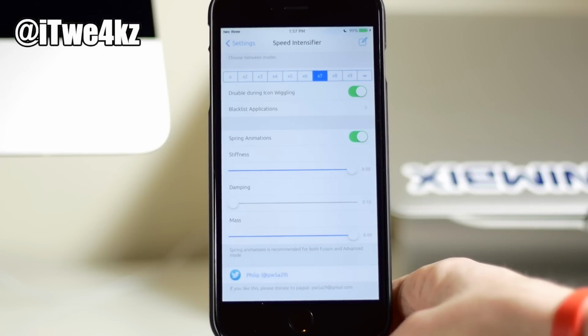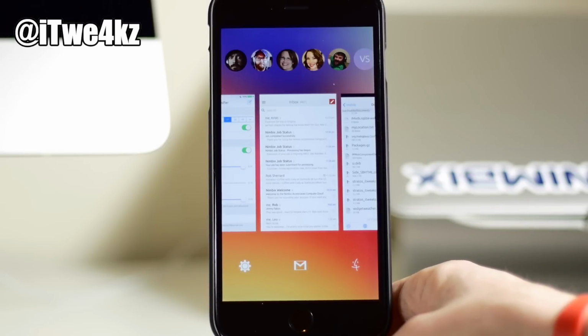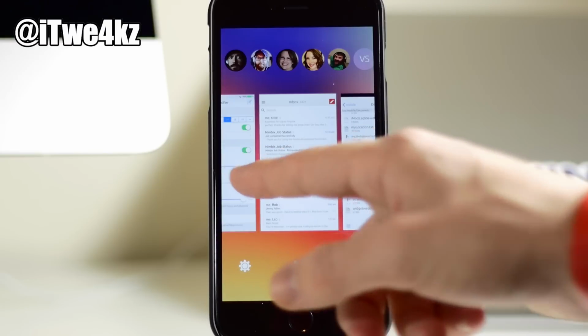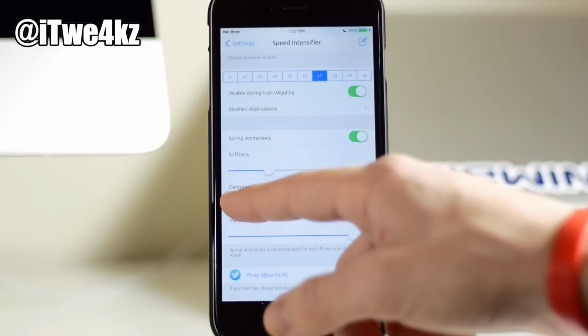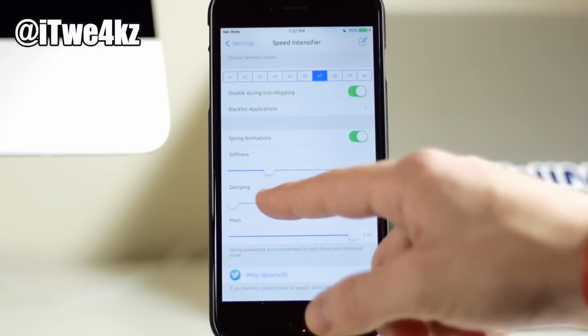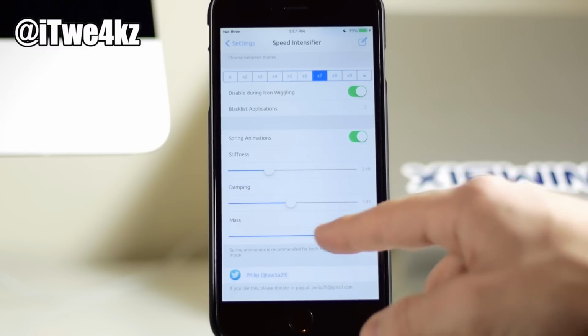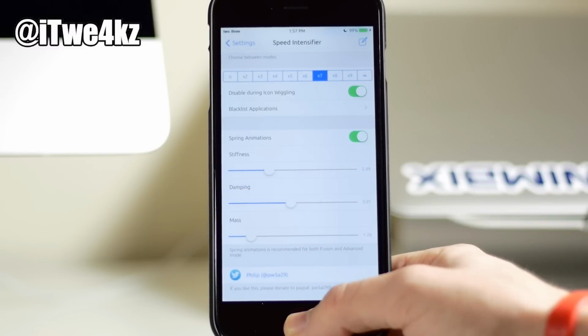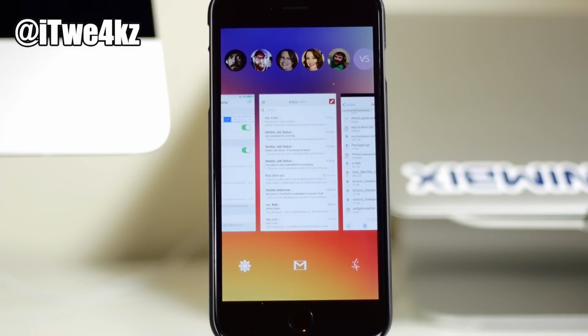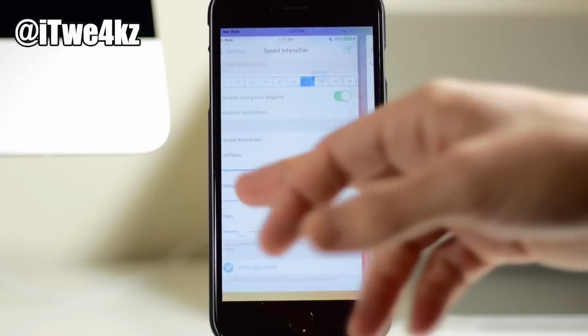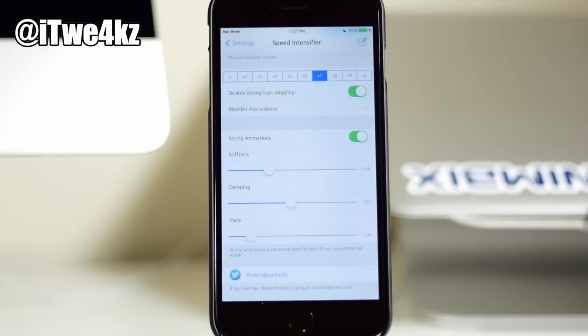You can see that if I open up my app switcher right here, it opens up really quickly. If we go back here, let's just mess with this a little bit, and you can see the changes that will take effect right here. So now we're going to open it back up. And you can see that it slowed down a little bit and it landed a little bit softer. So this is something you're going to have to mess with and get it exactly how you